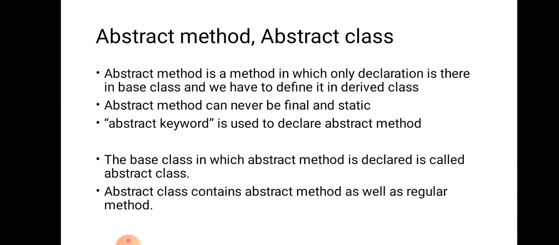Let's say we have a class Animal that has a method sound, and subclasses of it like dog, lion, horse, cat, etc. Since the animals' sounds differ from one animal to another, there is no point in implementing this method in the parent class. This is because every child class must override this method to give its own implementation details, like the lion class will say roar and the dog class will say woof.